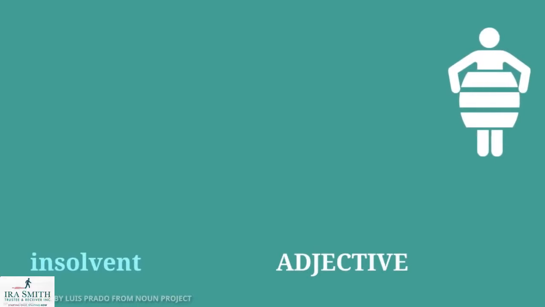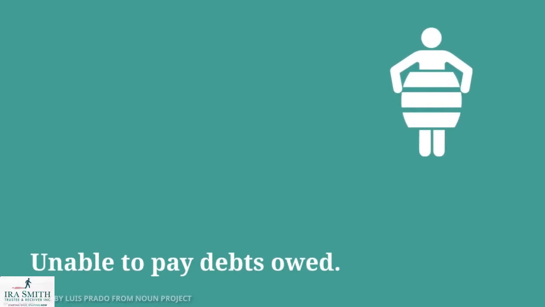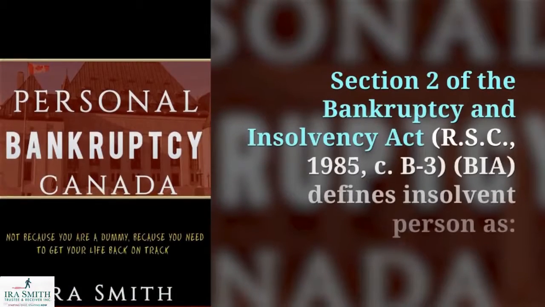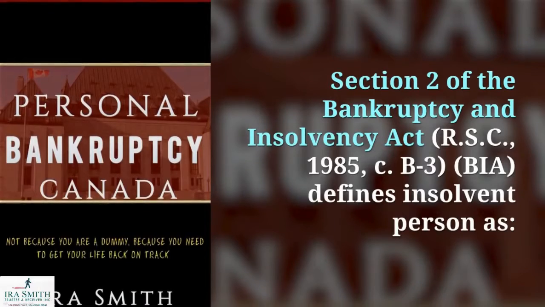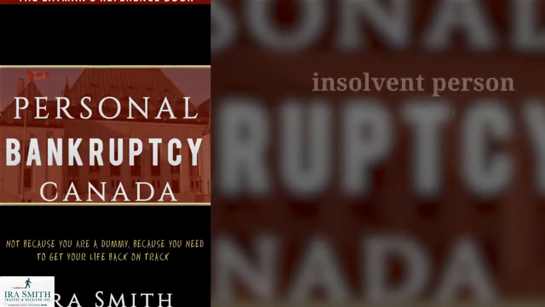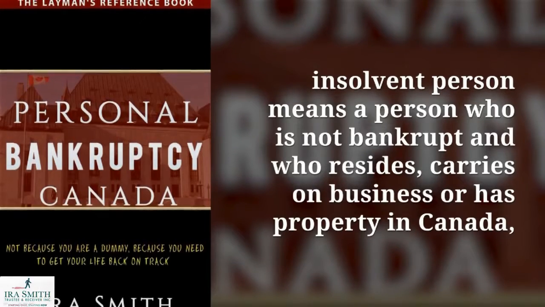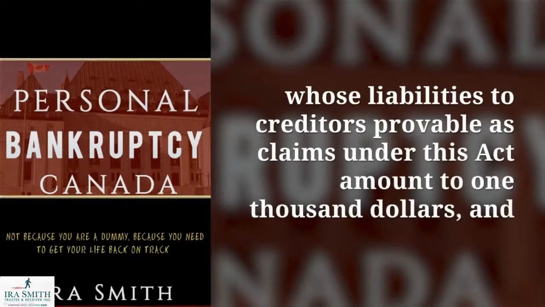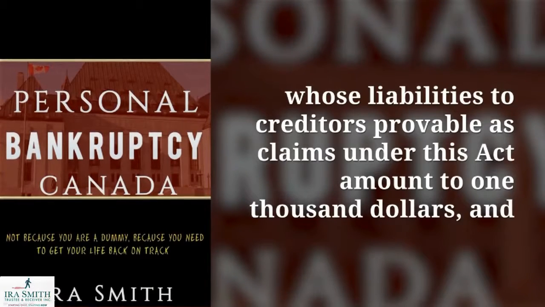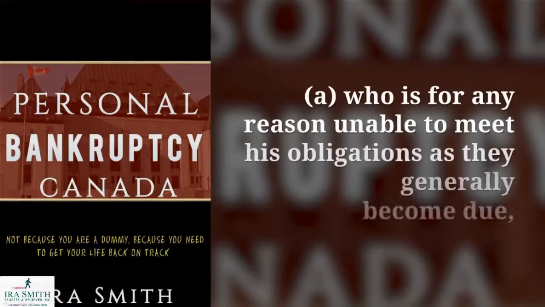Section 2 of the Bankruptcy and Insolvency Act, RSC 1985, c. B-3, BIA, defines insolvent person as: Insolvent person means a person who is not bankrupt and who resides, carries on business or has property in Canada, whose liabilities to creditors provable as claims under this Act amount to $1,000, and a. who is for any reason unable to meet his obligations as they generally become due,